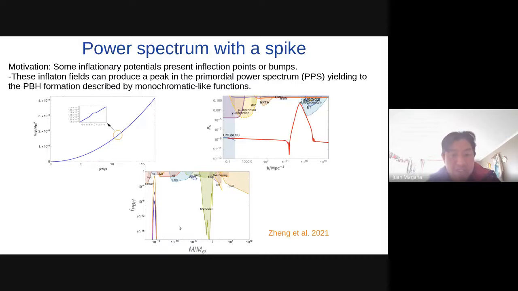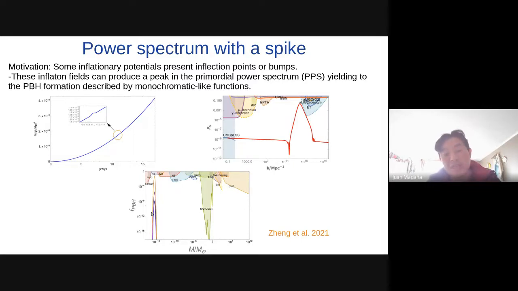For example, here, these are the observational constraints for a monochromatic mass function, like I showed before in the first slides. And varying the amplitude of this bump in the inflaton field, they can obtain different amplitudes for this monochromatic mass function.